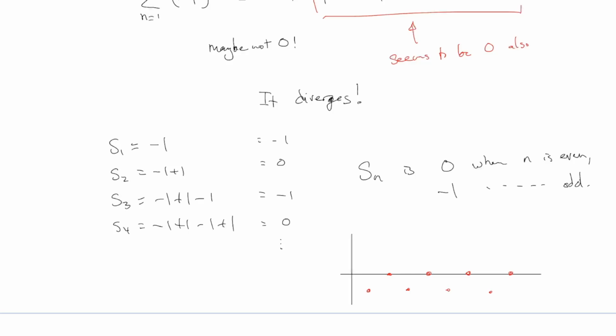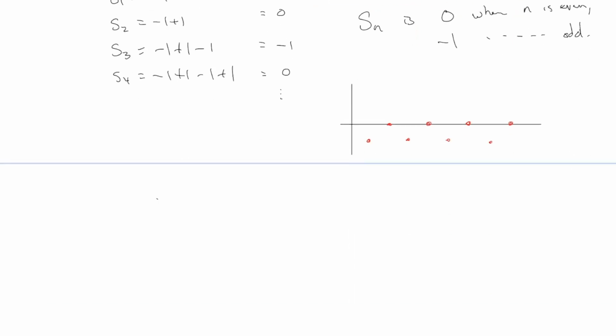So what is the value of the series? The sum of an, n equals 1 to infinity, of course, is the limit as n goes to infinity of Sn. And what is that limit? There is no limit, right? Because these values do not approach any particular value as you go off to the right forever. So this diverges. It doesn't go to infinity or anything like that, but it doesn't converge, and so it diverges.